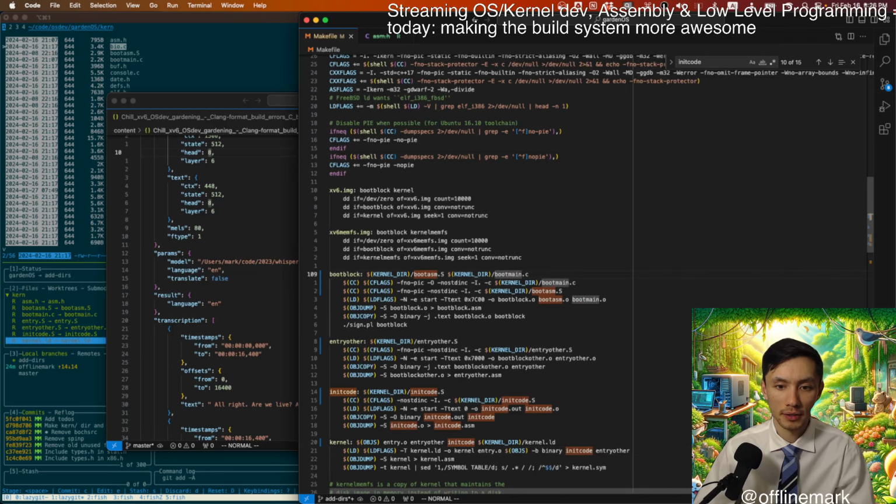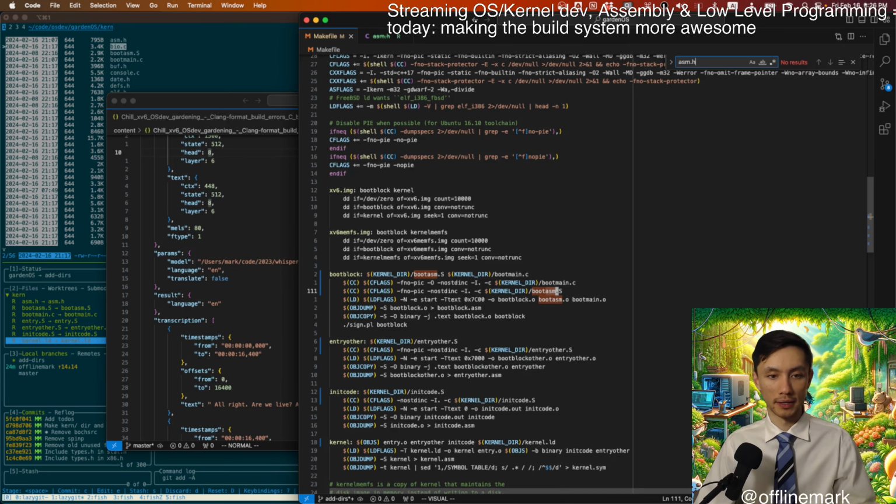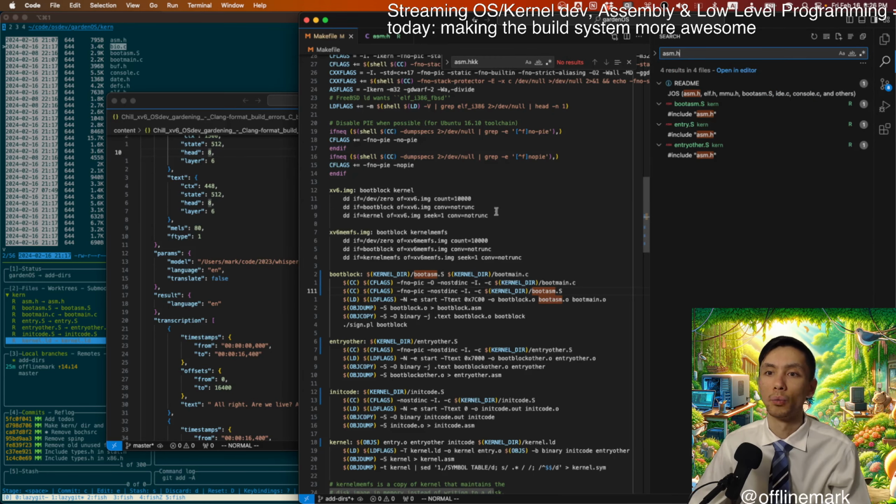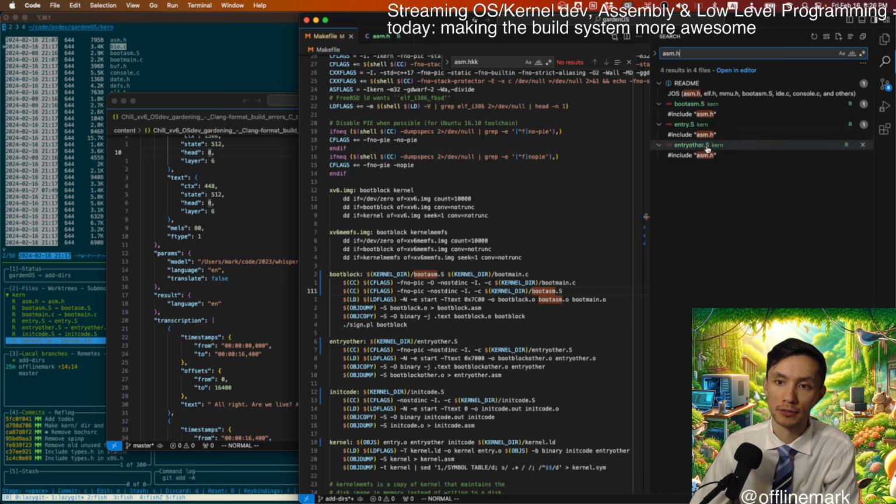I think asm.h is going to come back to bite us somewhere, specifically right here. What needs asm.h? Boot sm, entry.s, and entry other. But boot main.